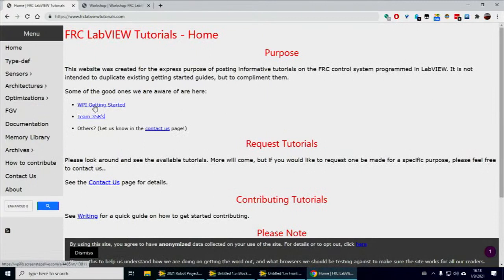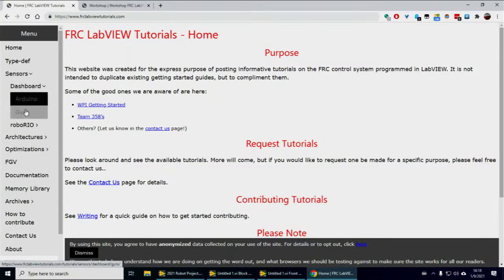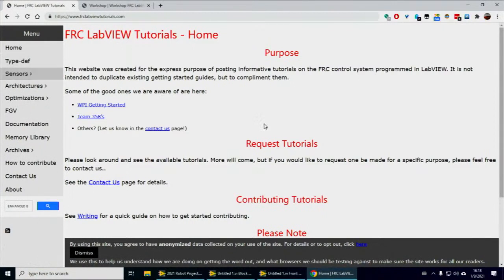Team 358 and WPI themselves are very well documented. I've got lots of documents here, some written by me, some contributed, about how to do various different things, including using sensors on your dashboard. But then you also have chiefdelphi.com available. That is a forum by FIRST team members, for FIRST team members. I'm on there as mschaefer1,